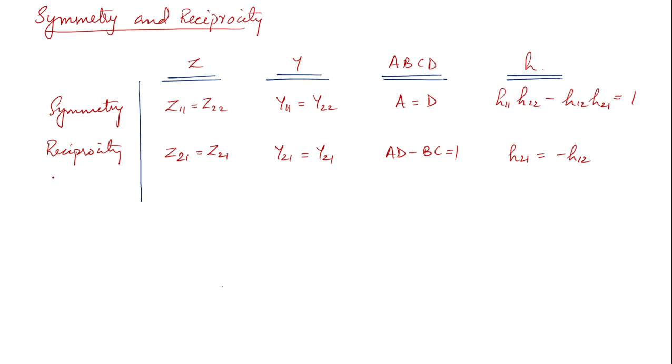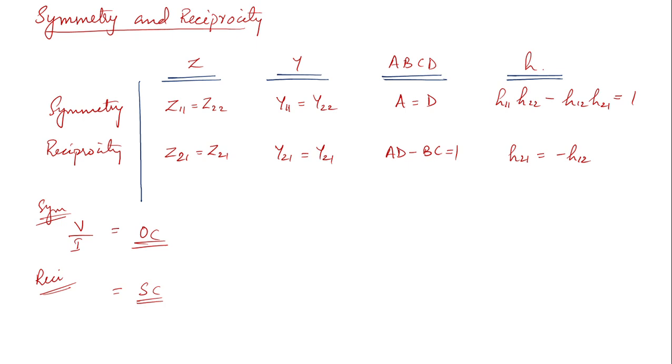It means that the voltage to current ratio, that is V by I at one port, if you are taking any one port, it should be equal to the voltage to current ratio at the other port with any one of the ports open circuited. So one thing you have to notice is that for symmetry, it should be open circuited. And if you're taking reciprocity, if the two-port network has to be reciprocal, then the voltage to current ratio again should be the same when the other terminal is short circuited. So this is the case for symmetry and this is the case for reciprocity.